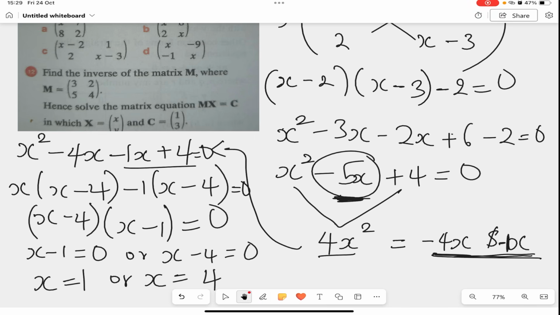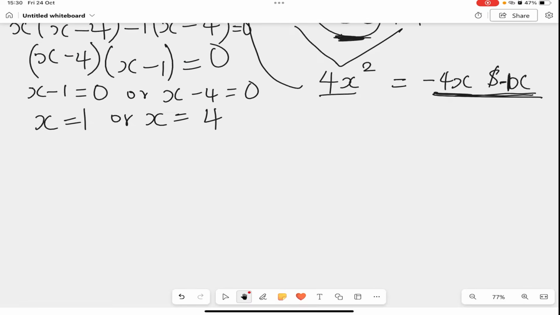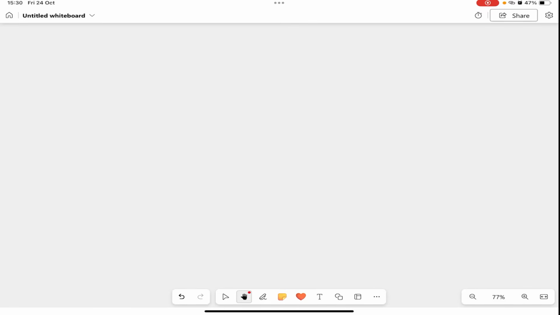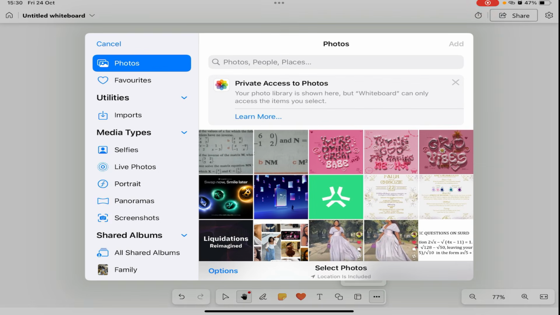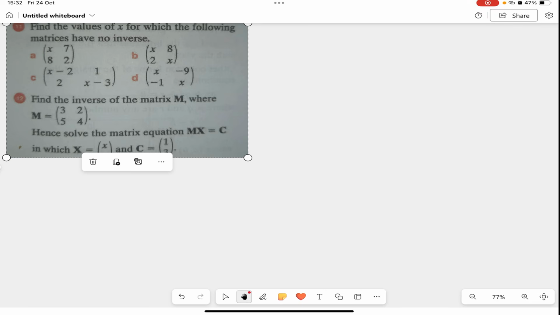We'll be solving question D for us. So for our next question, we'll be solving number 12. For number 12,